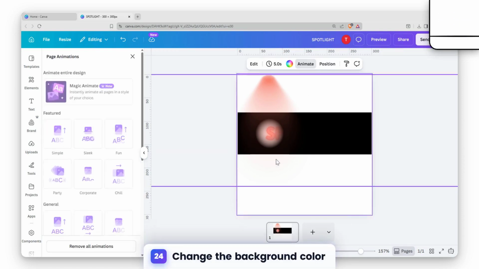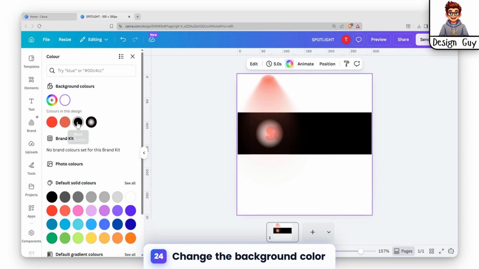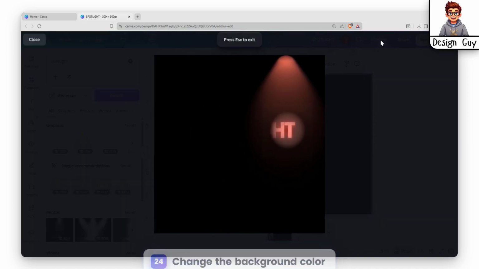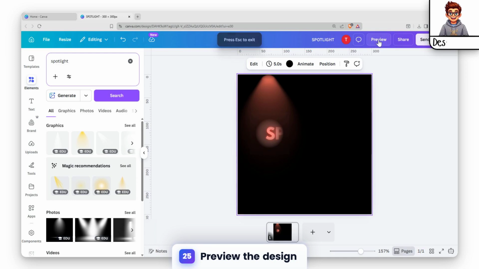Next, change the background color to black. Locate the background settings, select black from the color options, and apply the change. Then, preview your work to see the updated background. That's it. You've completed the process and your